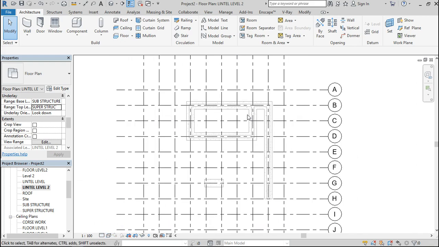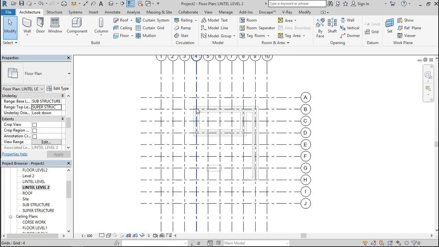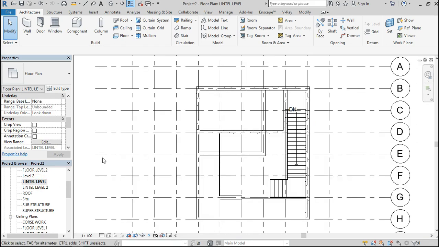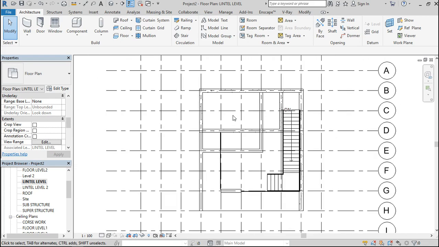So now this is that. I want to create a roof. This is not the wall, this is the wall lintel level. Okay, this one is much better. All right, so now